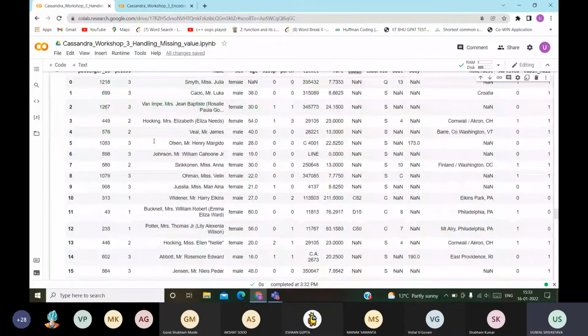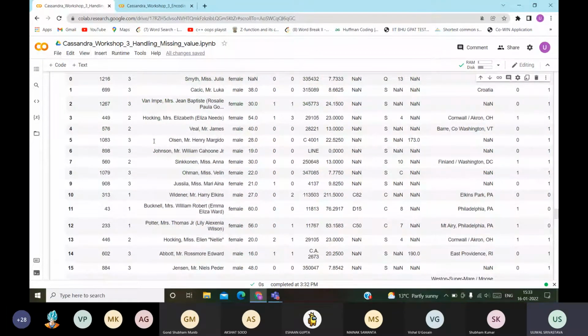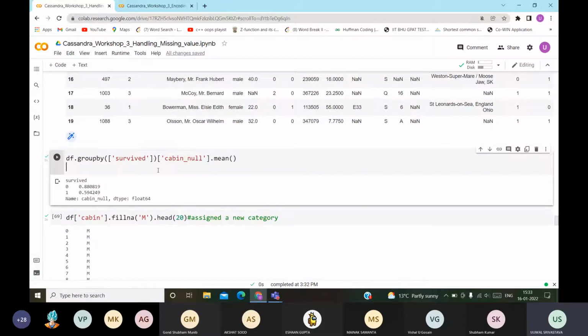Now let us move on. So now let us see what the correlation is. There must be some correlation between how many people survived and cabin null. The people who were dead, mostly their cabin will be missing, because those people who have survived may know their cabin.